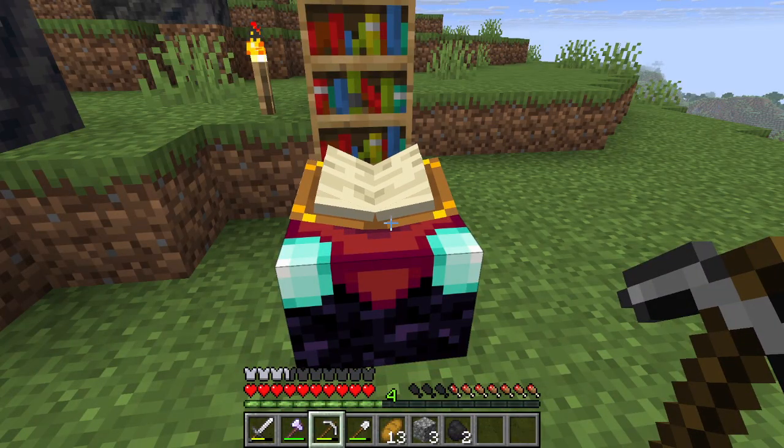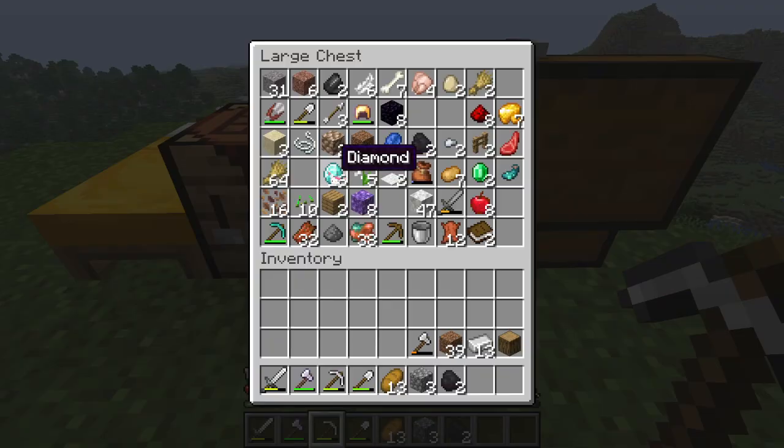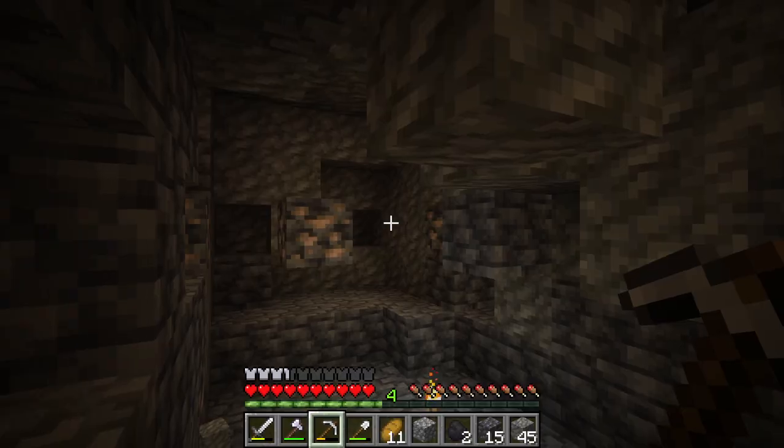Welcome to the enchanting table. That's right, it's here. It's got the next cool thing: 16 diamonds and a diamond pickaxe. What more could you want? Now, you knew I had a diamond pickaxe because it needs obsidian. Third and